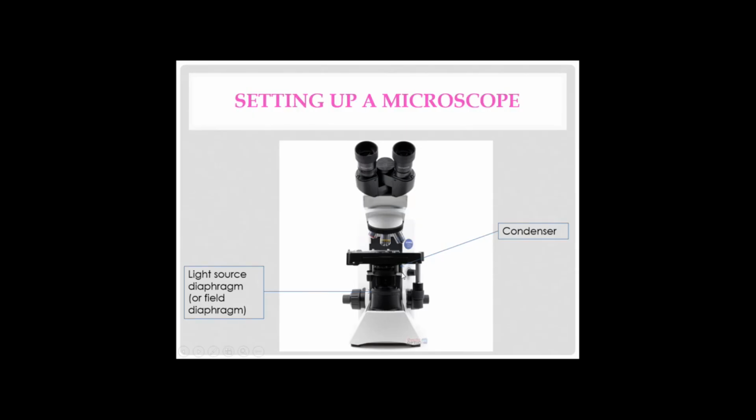When you are performing cytology or looking at a blood smear, the light needs to pass through the slide as straight as possible to give the best image clarity, so the condenser needs to be fully open. In practical terms, as you can see here, the lever needs to be as far to the left as possible.